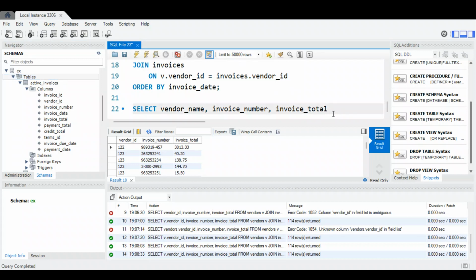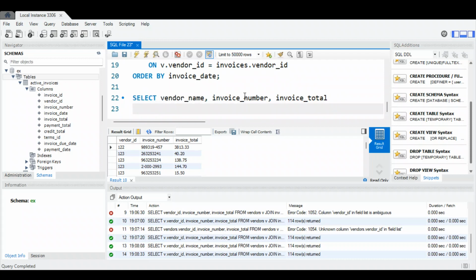So basically, it's the same naming of columns, except that instead of grabbing from two tables that are in the same database, which is AP, we're going to grab this from vendors, which is in AP, and then these we're going to grab from active invoices, which is in EX, a completely different database. And we don't have to use the use keyword in order to get it either. We'll use the dot syntax, just like we use the dot syntax to grab columns within a table. We'll be using the same thing to grab tables within a schema. So easy peasy. So I'm going to do from vendors,